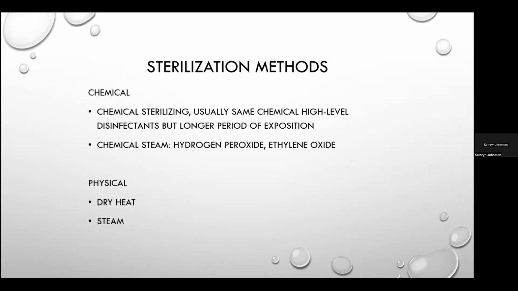So most medical and surgical devices in healthcare facilities are made of materials that are heat stable, and therefore they can undergo heat, primarily steam sterilization. But what if you have heat sensitive devices that can't withstand steam sterilization? In that instance, you can use chemical sterilants such as ethylene oxide gas, hydrogen peroxide gas, and ozone. But physical sterilization refers to the use of heat, either dry heat or steam,